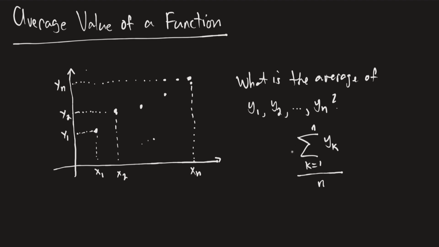Now, there are different notations that are used to represent the average. A pretty common one is the variable that you're averaging, and then you put a bar on top. Now, this is not the same kind of bar that we use when indicating the special x value chosen in a Riemann sum. This means an arithmetic average, where you take a sum and divide by the number of terms. So that's a pretty easy calculation, and you do this all the time when you're computing an average. But now,